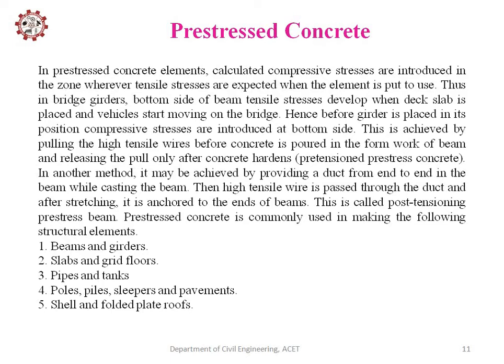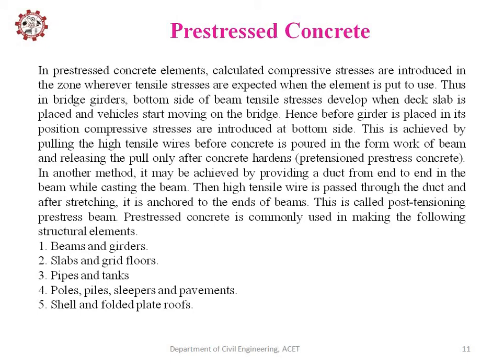So 100 meters of these girders are prepared, and the tensioning rods are passed from the machine, and then the concreting is done, and they are covered with a tarpaulin sheet, and the steam curing is done by big boilers. The steam curing is done, and after that these are brought to the sites. So this is how precast concreting is done.